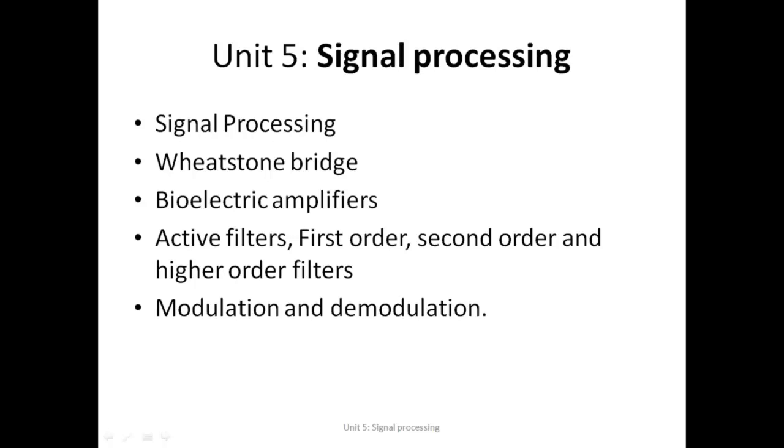Most of the devices you must have seen have a digital display, you get some numbers. Suppose you're using a BP machine at home, so you are actually getting some numbers. Okay, there is a sensor. The sensor is actually detecting in terms of maybe vibrations, or maybe sound, or maybe some turbulent blood flow, or maybe pressure. But at the end, at the display, what you see is some numbers which are very relevant. Okay, you can actually correlate those numbers to the readings that you can actually expect for a blood pressure measurement, right? So the whole lot of things that are involved in between is actually called signal processing, right?